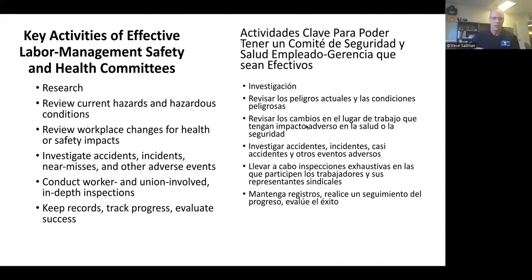And in that, there'll be a handout that goes with this presentation that will be shared at some point by Kosh. There are 32 questions, which is a Labor Management Safety and Health Committee self-evaluation tool on effective committees. It deals with structure, meetings, agendas, duties, and functions of the committee. Pay close attention to question number 1, which is how are the representatives selected? And question number 7, which is having some union-only time to prepare for the labor management meeting that's paid by management.